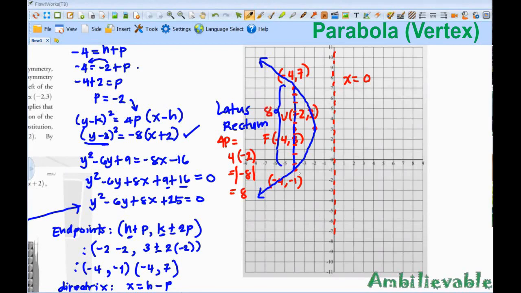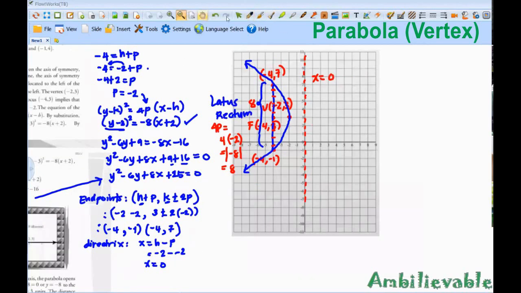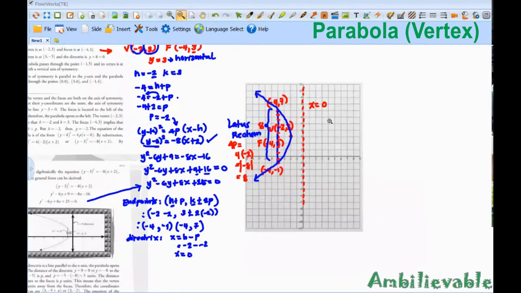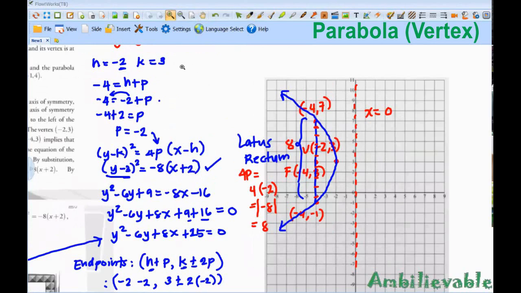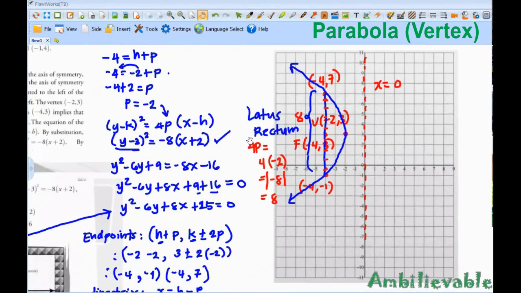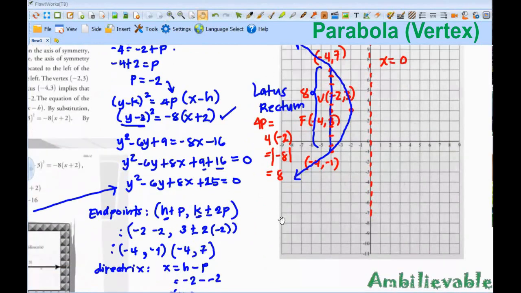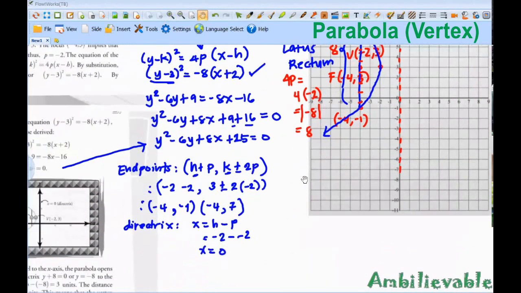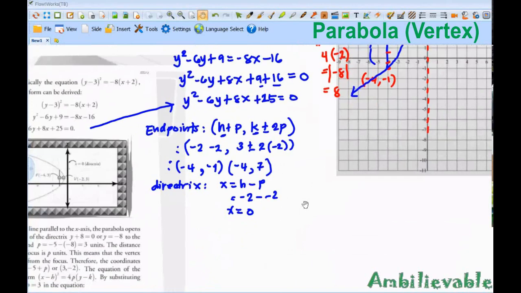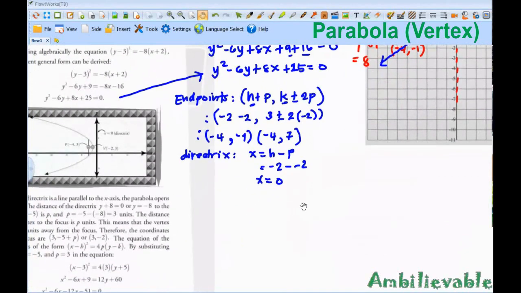And look at the parabola. It opens to the left. It's a little bit confusing because you have to remember a lot of things. All right? But you must follow the steps. And it's a case-to-case basis also. All right? Okay, now we have